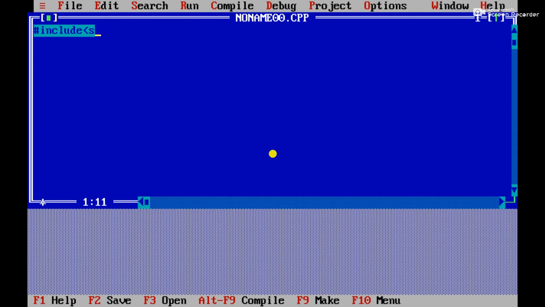stdio.h, and then again hash include conio.h. After that, this is void main. What does it mean? It means that it is a main function which is going to return nothing. Void means nothing, right? Then we have to put a curly bracket and then the clear screen function,